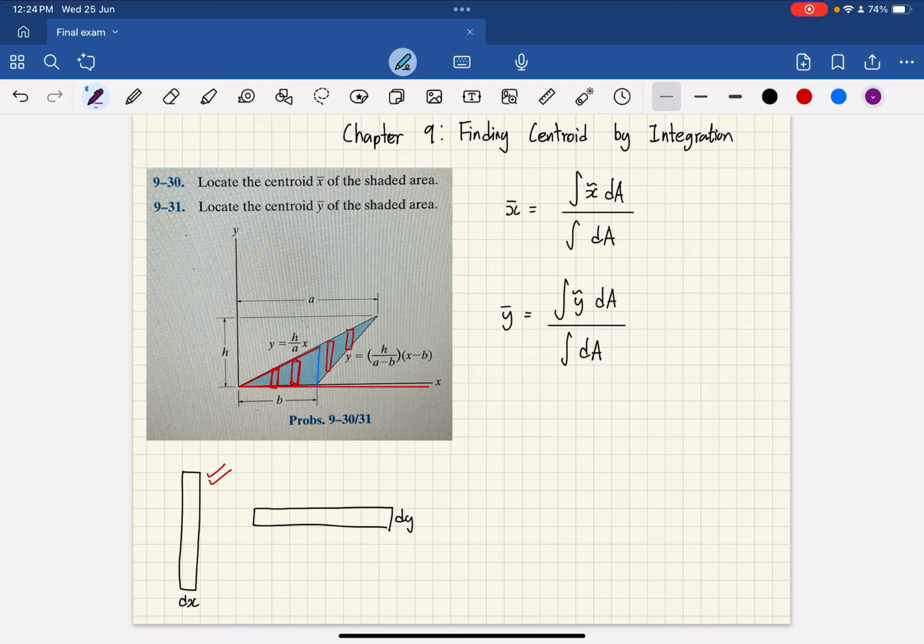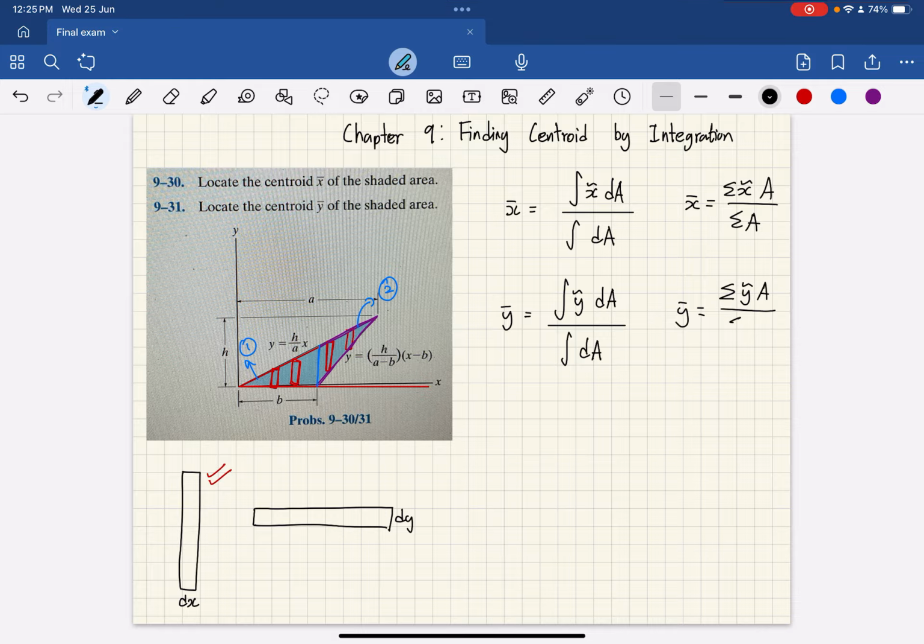If we look at the second example, which I'm highlighting in purple, you can see that the second rectangle, which I've marked in red, is bound by this graph and that graph. So it's technically two different sections. You have to analyze section 1 and section 2 and utilize the composite area formula: x bar equals the summation of x tilde A over the summation of area A,